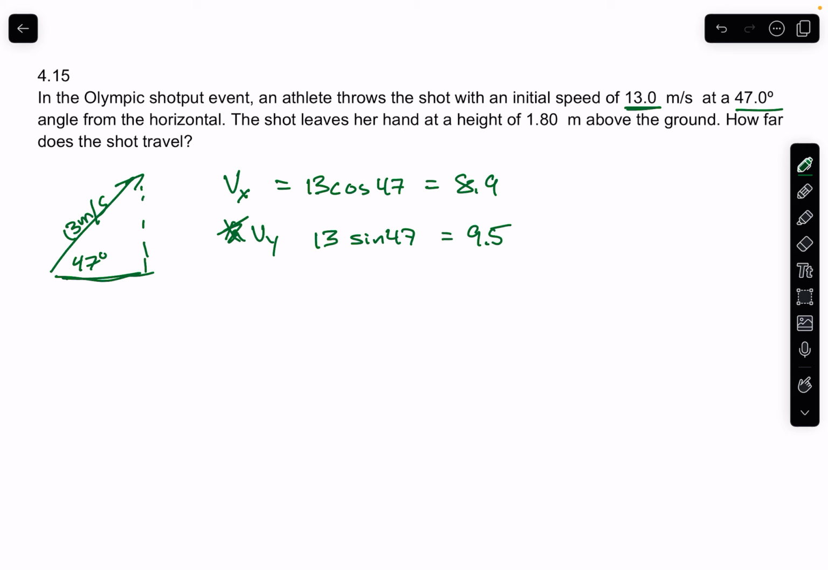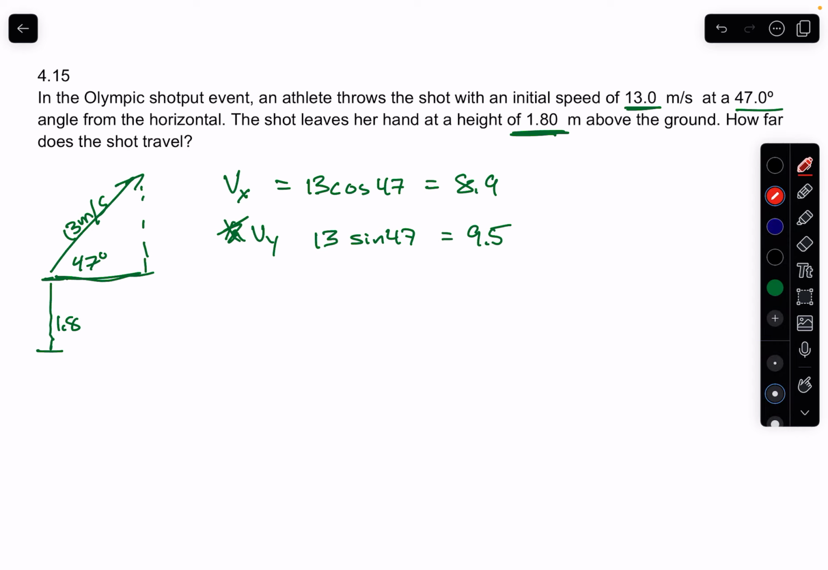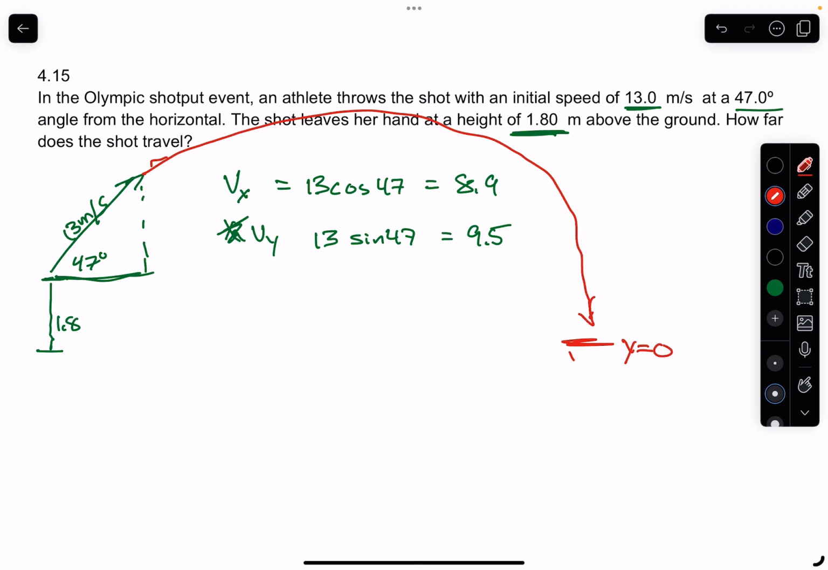Now the question you want to do is, I would recommend, there's a note, they throw it 1.8 meters above, because the person is tall, so he's throwing it from 1.8 meters, and what it's going to do, if you think about it, is it's going to go and land back at y equal to 0. So I'm going to use my equation,